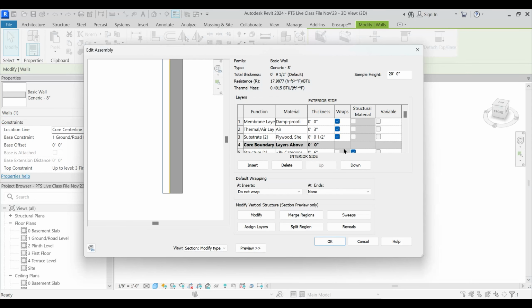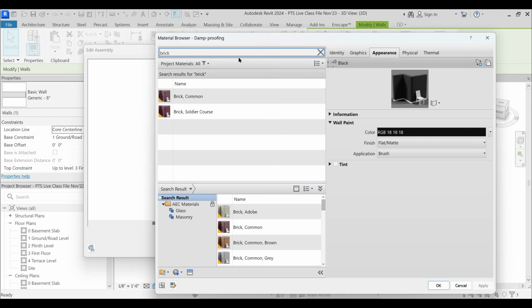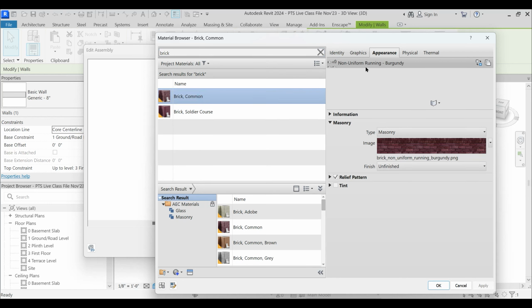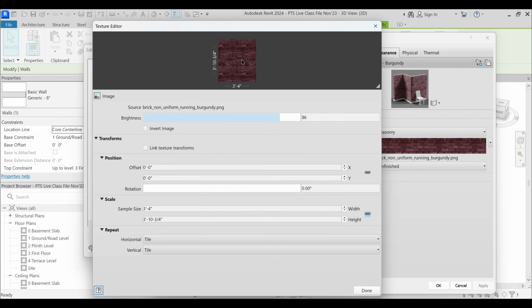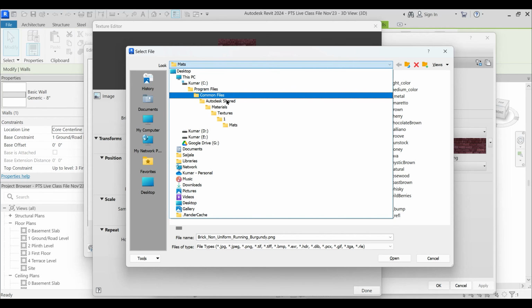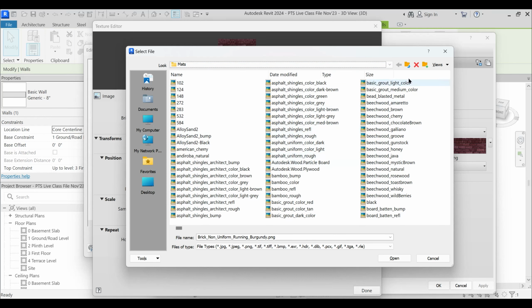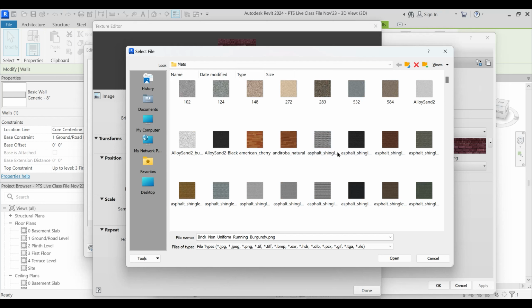Yasin. Yeah, very good. Okay, next is that I'm just going to go to insert, and now as per the Revit structure, what we will view on the exterior side of that particular thing is finish 1/4. And I'm just going to go to material and provide the existing material that comes with Revit, brick common. Wherein this appearance, this JPEG image has been applied from this path: program files, common files, AutoCAD shared, materials, texture, one max. It is just a JPEG image that has been applied to it. See, these are the different JPEG images.